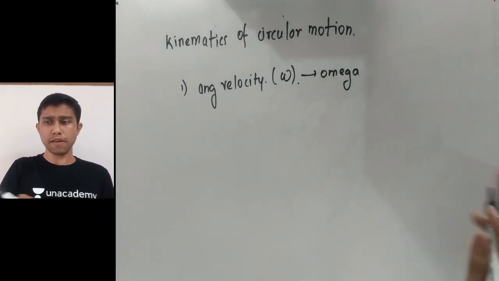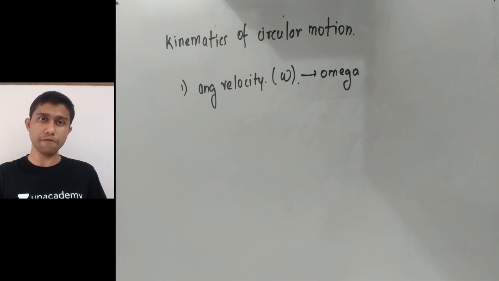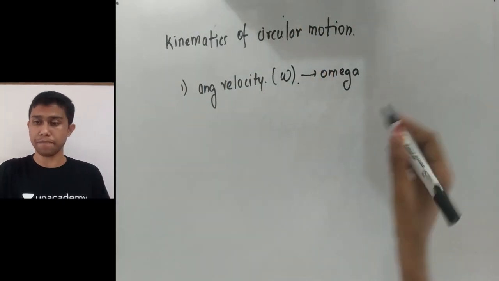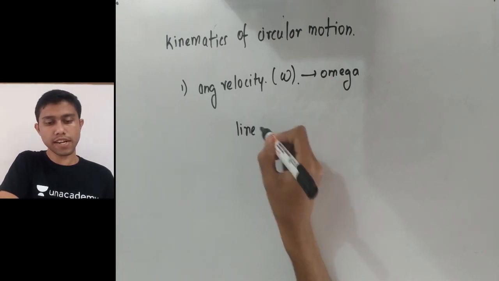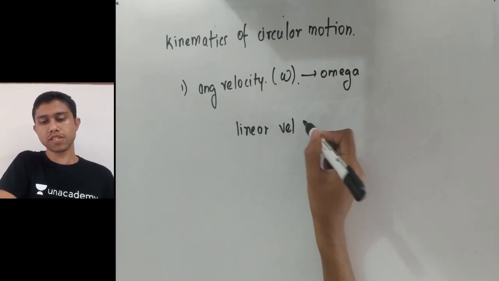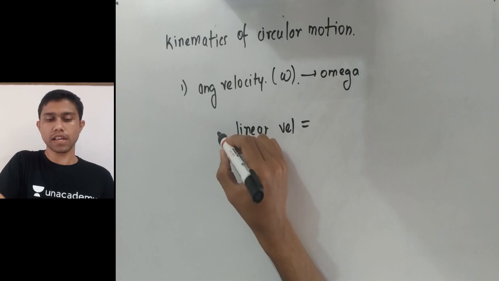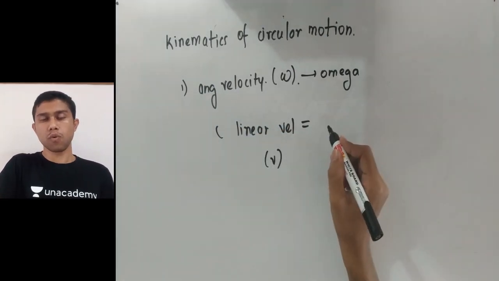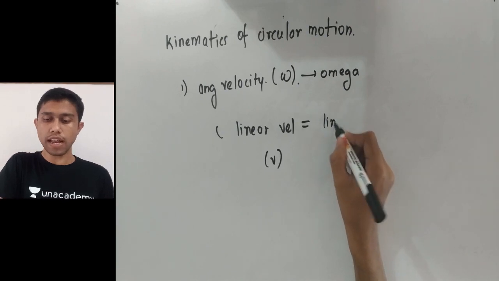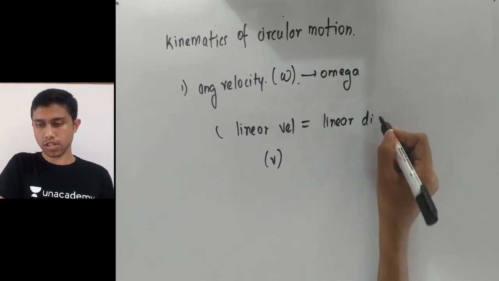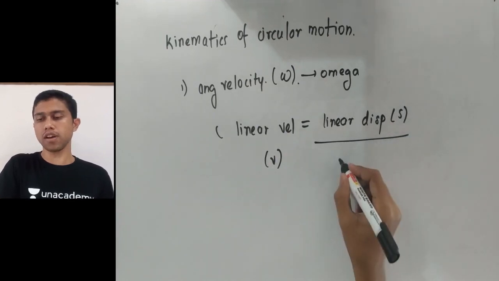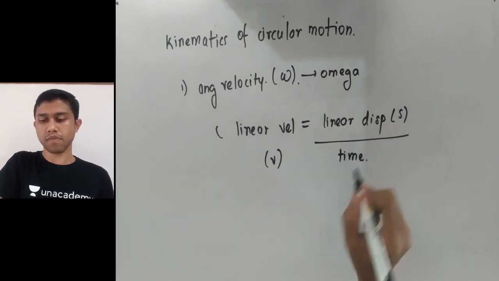Now tell me, whenever you are seeing motion in 1D, what was the linear velocity? So I think the linear velocity which was given by V. What was its formula? Its formula was linear displacement which is s upon time taken. Okay,